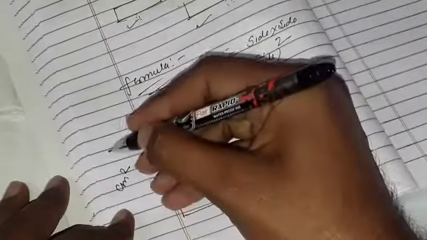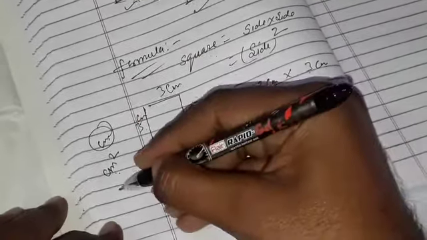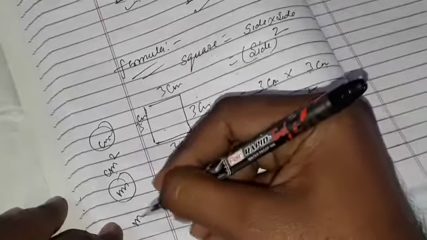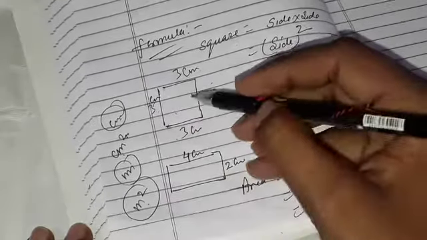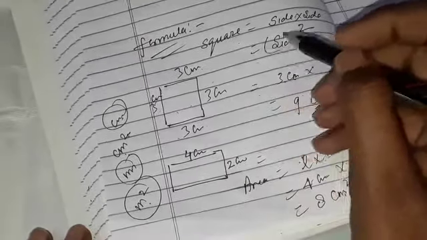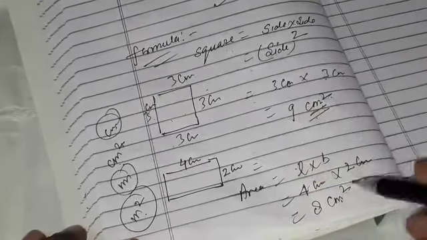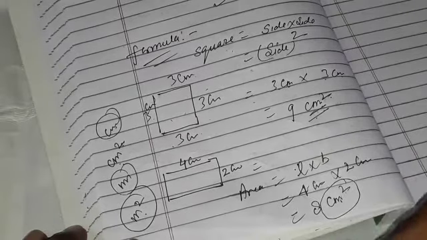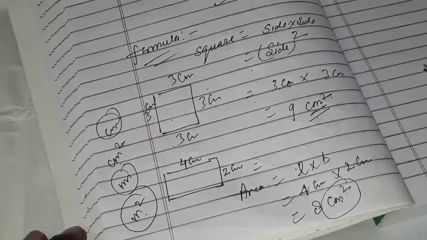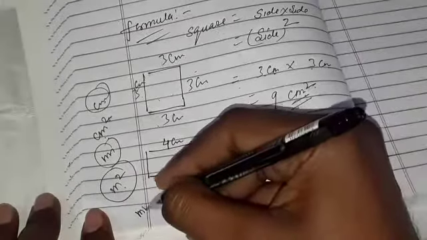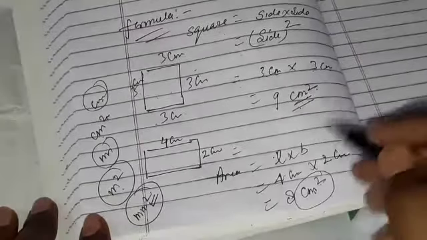If your sides are in centimeter, then your area should be in centimeter square. If your sides are in meter, then your area should be in meter square. So the square of the unit is the unit of area. It's very important, class: the unit of area is always the square of that particular unit. Either it's centimeter square, meter square, kilometer square, or maybe millimeter square. So whenever you see square, it means this is area.